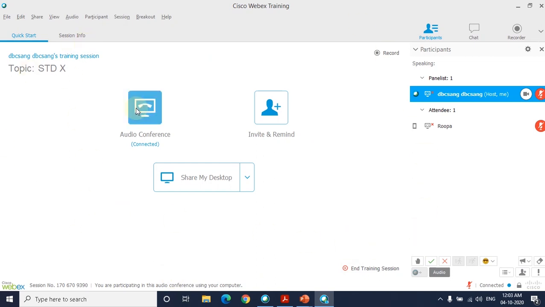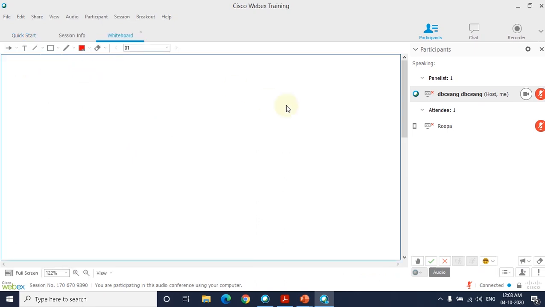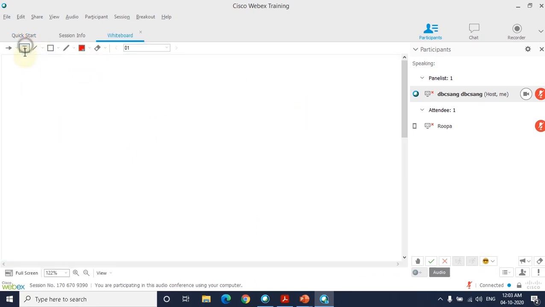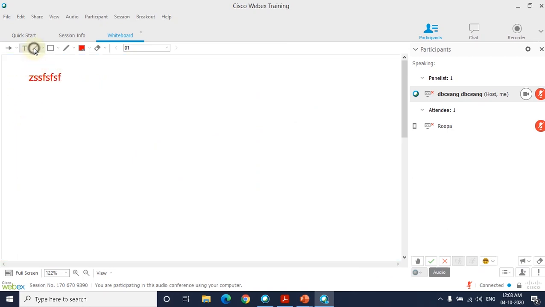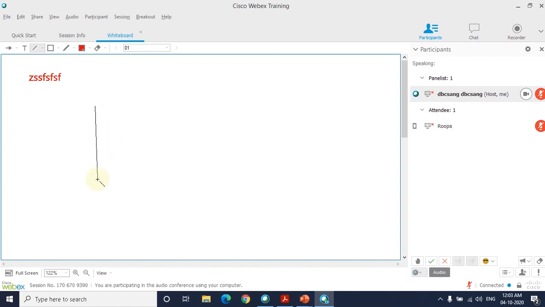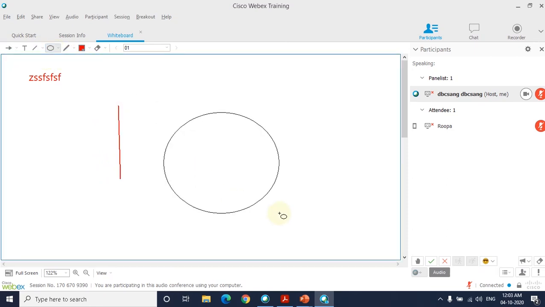Okay. Then the next option you are going to see is, I want to share my whiteboard. Okay, whiteboard is like this. So if I want to type something on the whiteboard, I can type. Then maybe I want to draw something, I can draw. I want to draw for them a rectangle, and I want to say this is a rectangle. Okay, I move it here. Then maybe I want to draw certain shapes, I can draw the shapes.